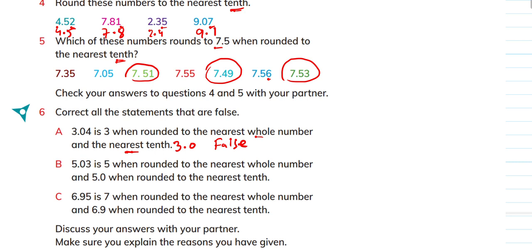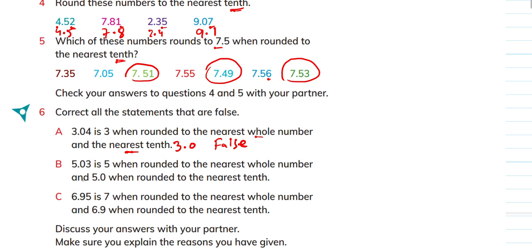Now next one is the second statement. Yes, because you are rounding to the nearest tenth, so you have to show that this place is 0. Okay? So if you will not show,